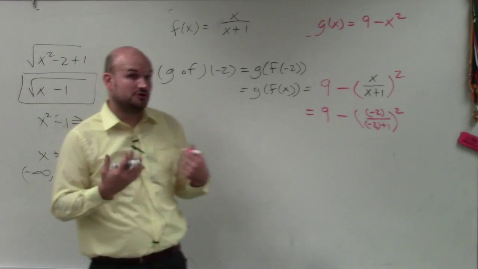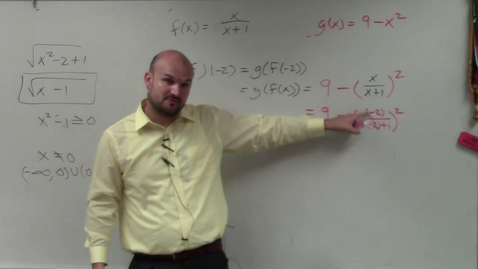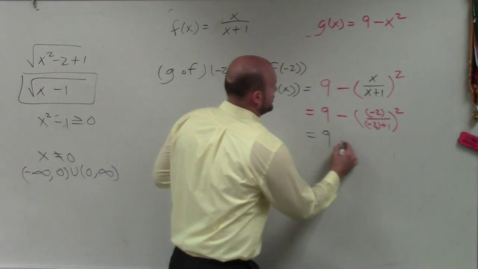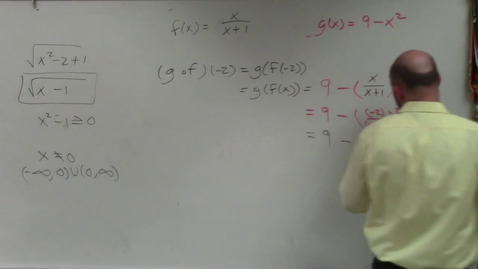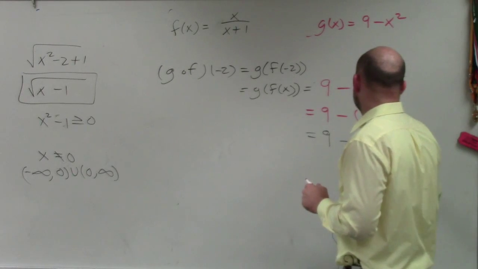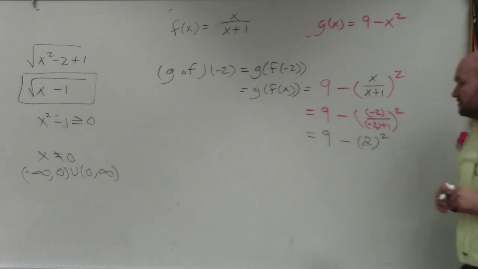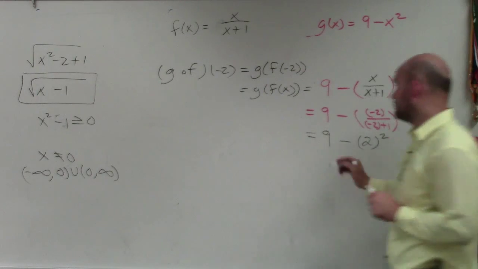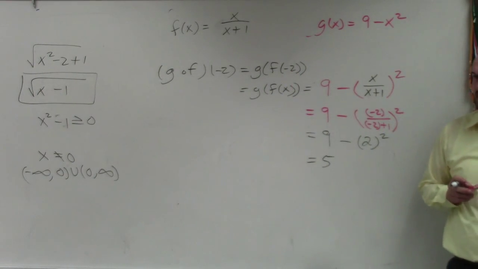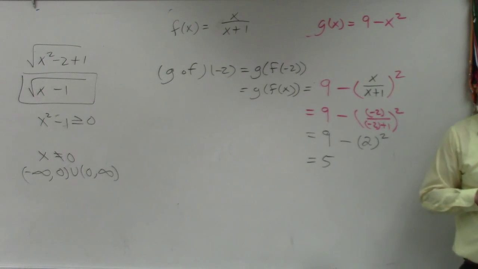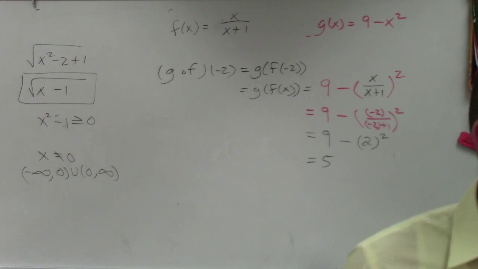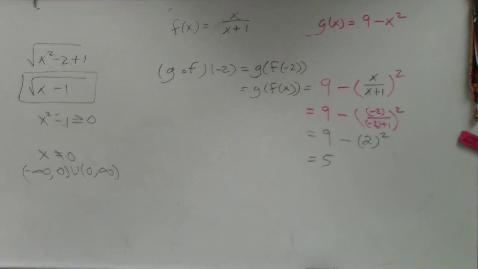So now, using the order of operations, you want to simplify inside your parentheses before you square it. So negative 2 plus 1 is negative 1. Negative 2 divided by negative 1 is going to be a positive 2 squared. 2 squared is going to be 4. 9 minus 4 is 5. And that's all you'd have to do for that one. OK? So remember, when you're evaluating the composition, you're basically just applying the composition and then evaluating. If you're evaluating for